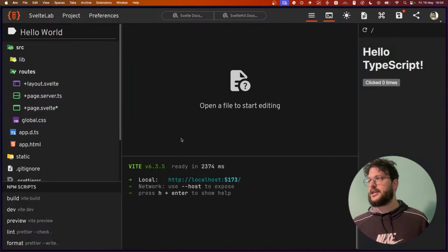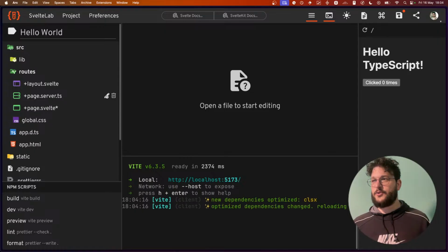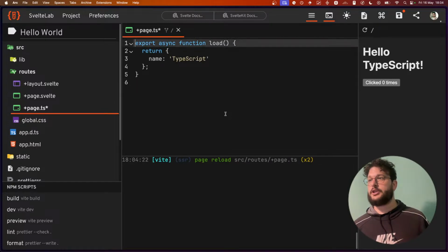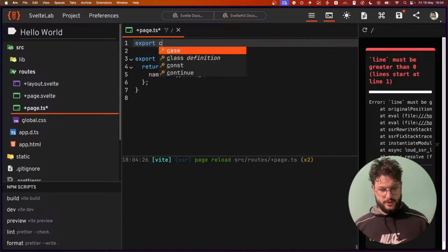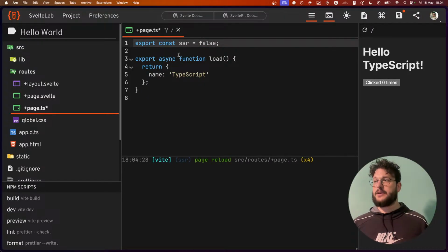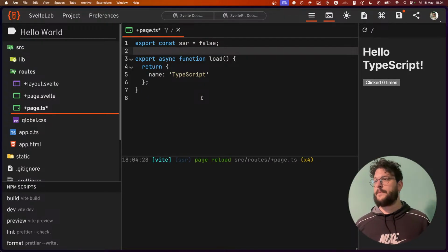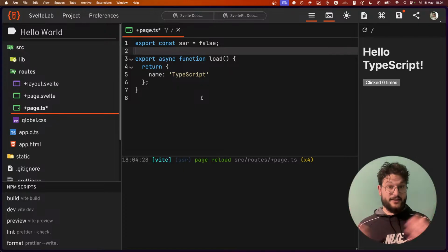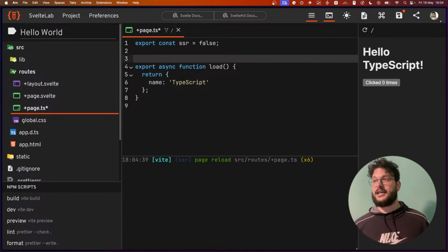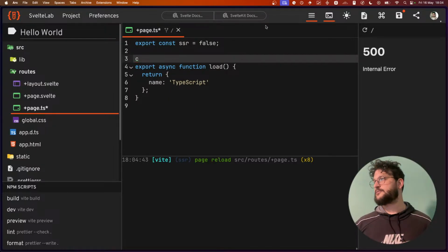So let's say that you are renaming this to plus page.ts, and you do export const SSR is equal to false. Now, if you do something like this, you would expect, since you are doing export const SSR is equal to false, that it's fine to do something like console,